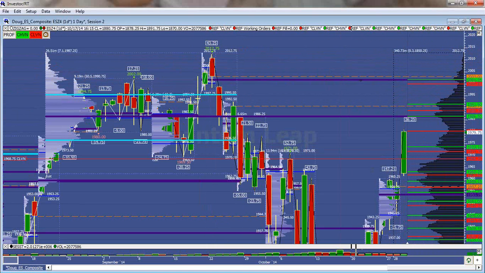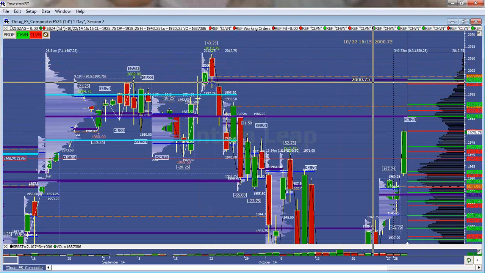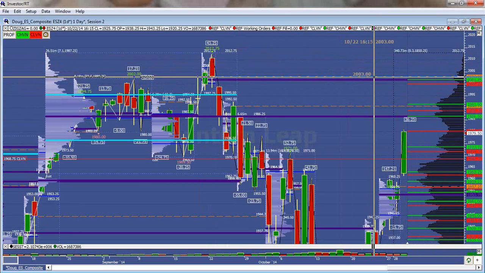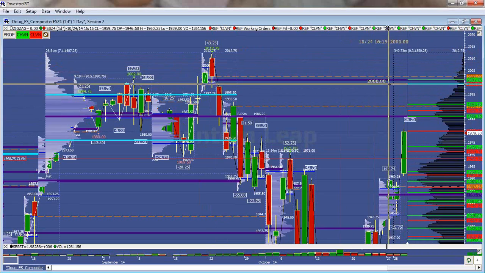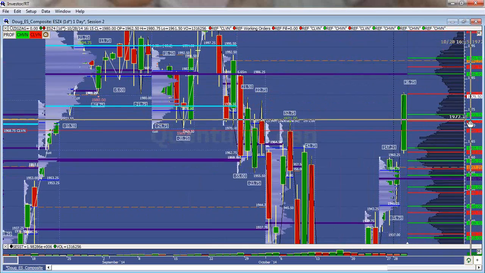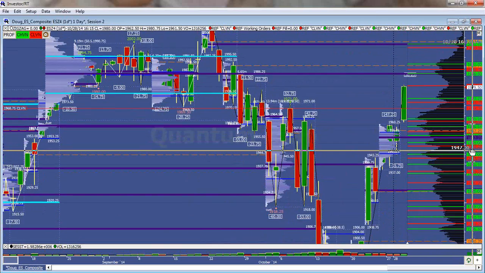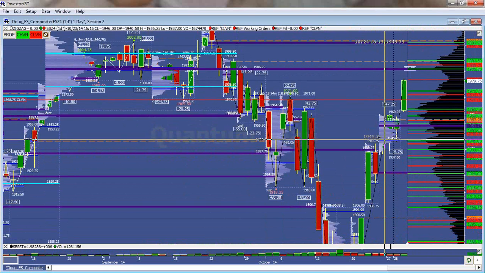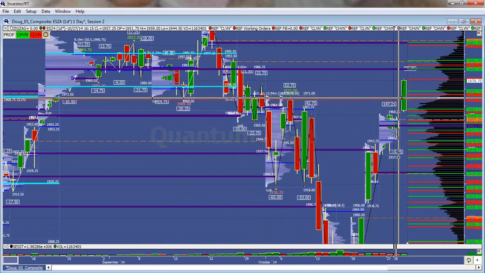This is where they tried to hold value after making that RTH high at 2012.75. There's a naked close here as well, so basically 1202 to 1203. And again, I don't think we're going to get there, but you never know with FOMC. I've seen some big moves off of it, and we certainly have the volatility and the range to do it right now.